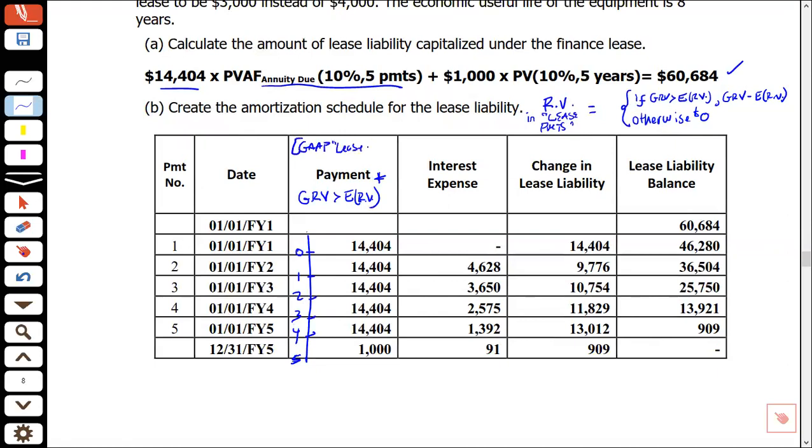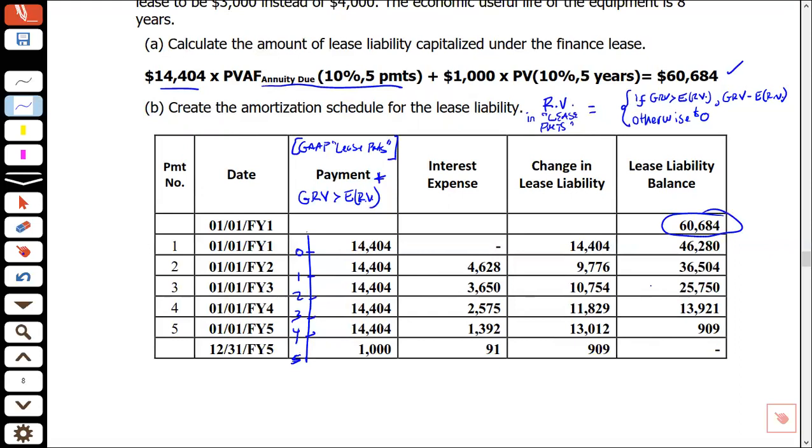All right, so figuring out your calculation, you have to figure out what are the cash flows that GAAP says to present value. In this case, it's the actual lease payment of 14,404. In addition, an annuity due of 5 payments at 10%. In addition, there's a lump sum of the guaranteed residual value minus the expected residual value of 1,000 at the end. You present value all these, and you get the capitalized amount of